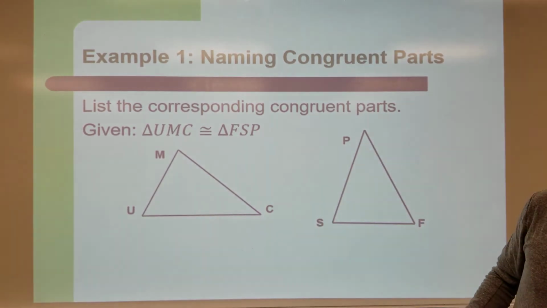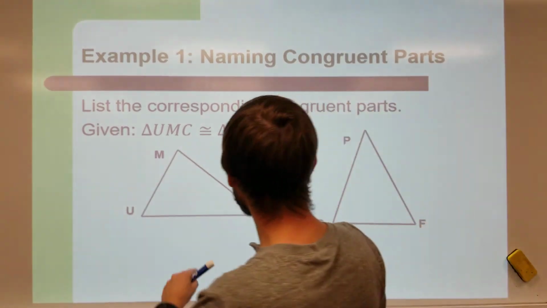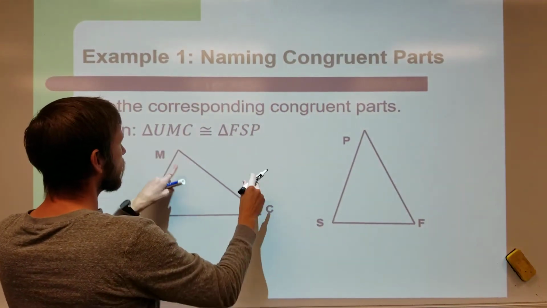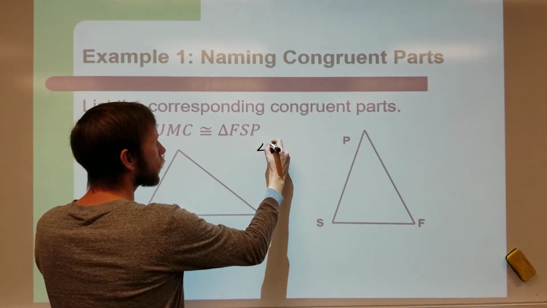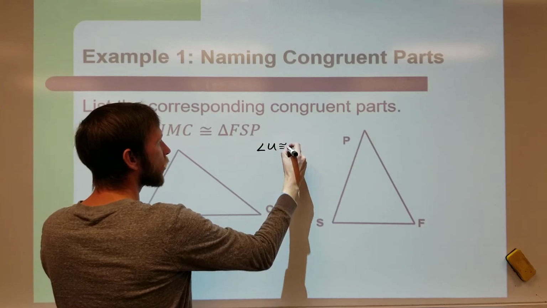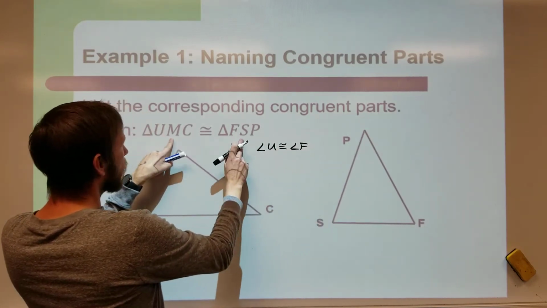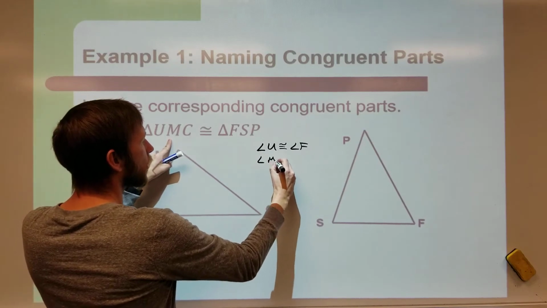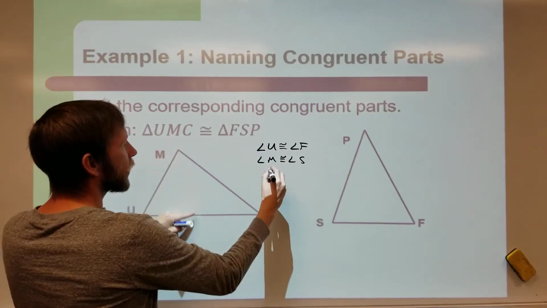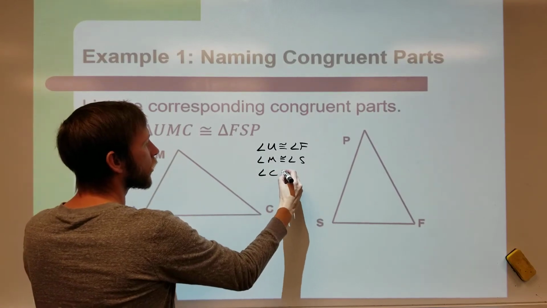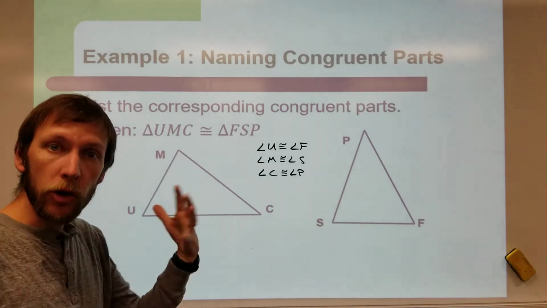If we would like to start with the sides, we can do that. If we'd like to start with the angles, we can do that. Most folks, if you've got the triangle congruence statement, start by listing the points. So we would say that angle U corresponds to and is therefore congruent to the angle at F. That angle M corresponds and is therefore congruent to the angle at S. And then finally, angle C is congruent to angle P,